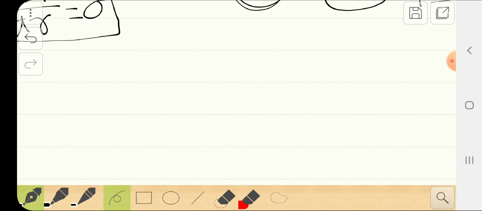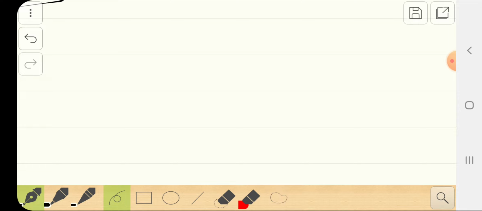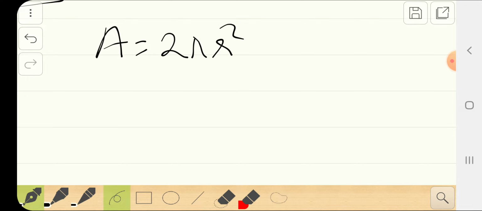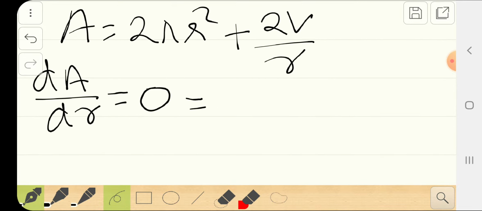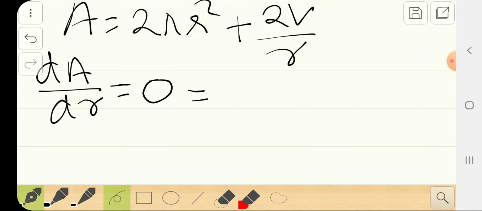Now how can we find that? So let's write down the equation of area again. It's 2 pi r square plus 2v by r. Yes, 2v by r. Now let's do the differentiation with respect to r. If you find it equal to 0, the slope is equal to 0, then that's the point where the area is minimum. So let's do the differentiation, and you get 4 pi r, right? 4 pi r